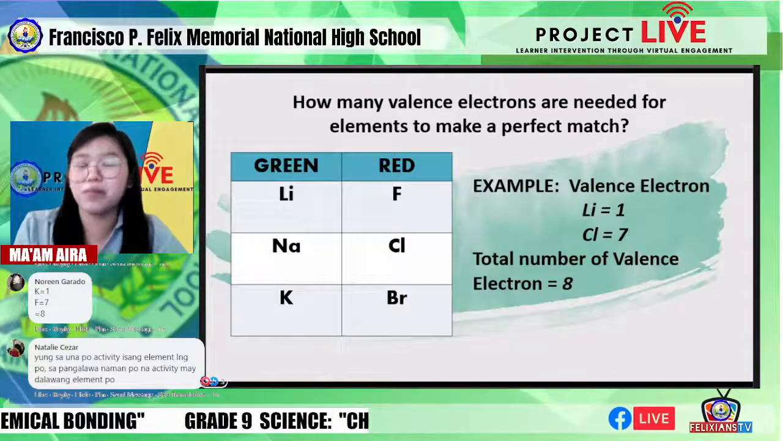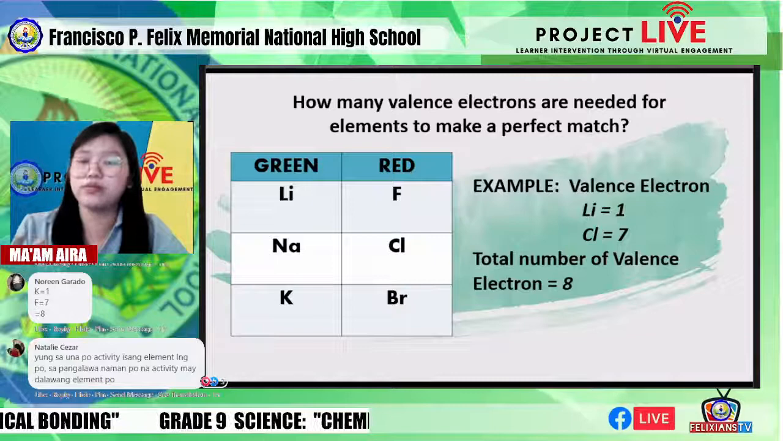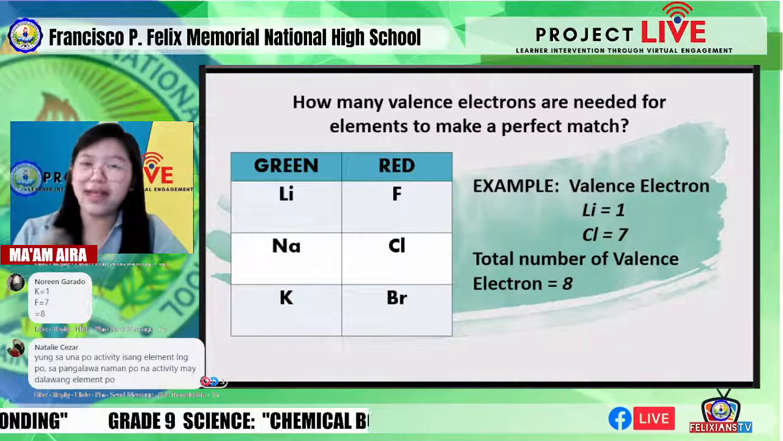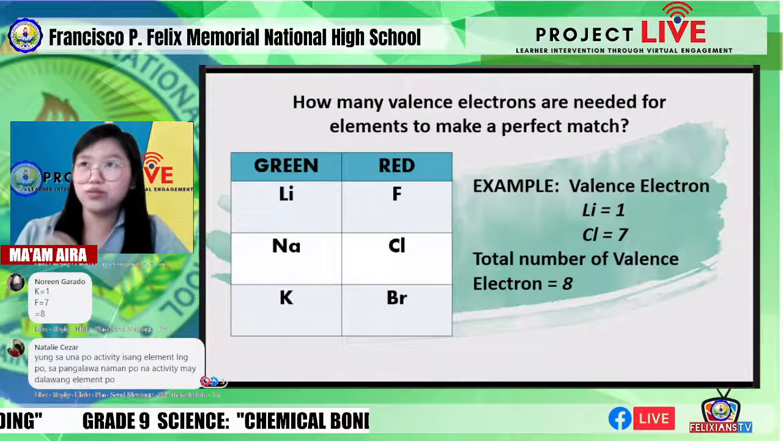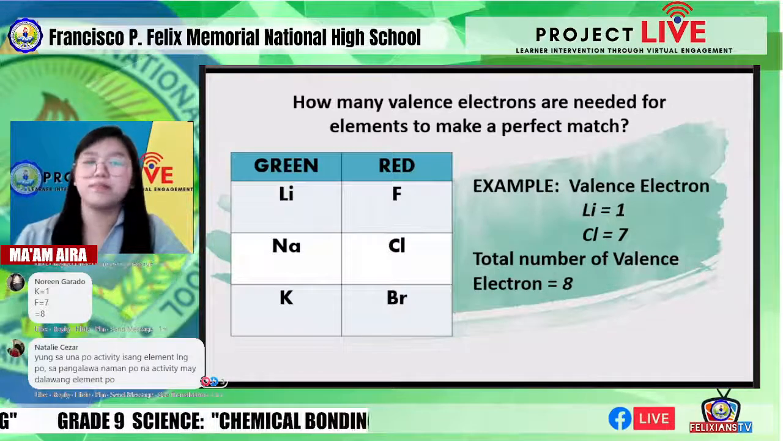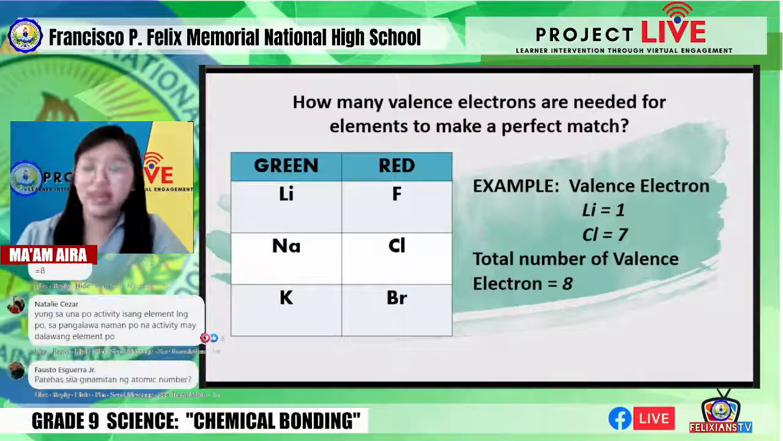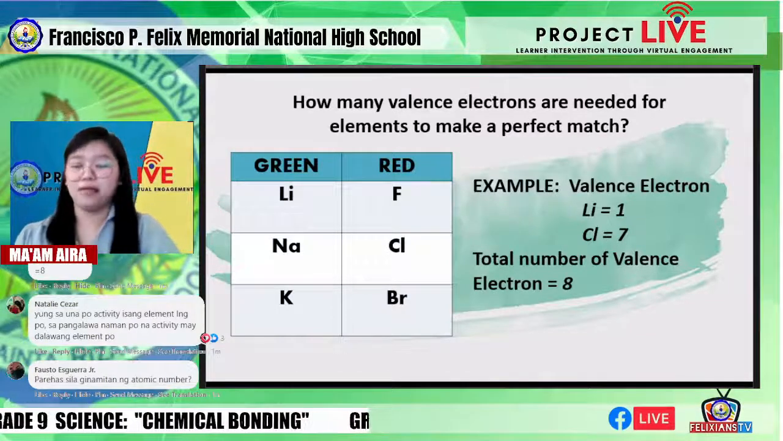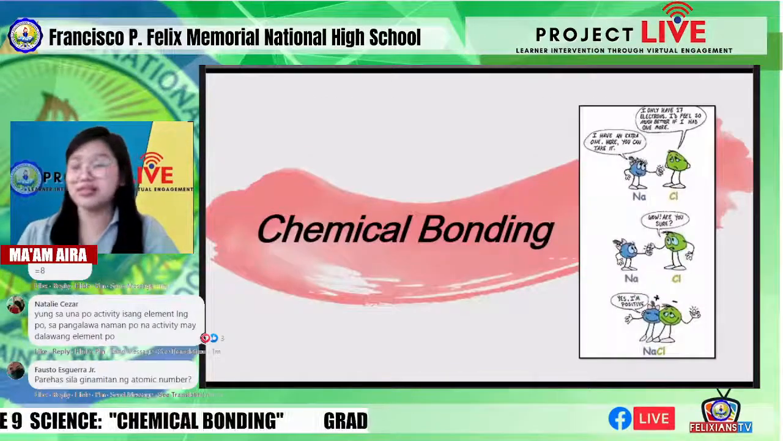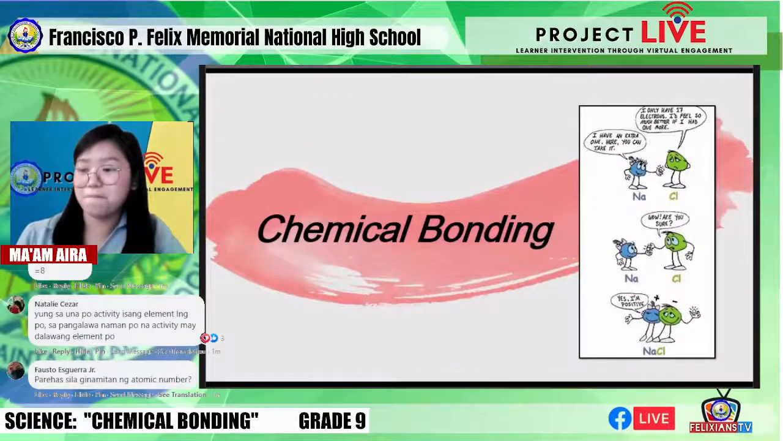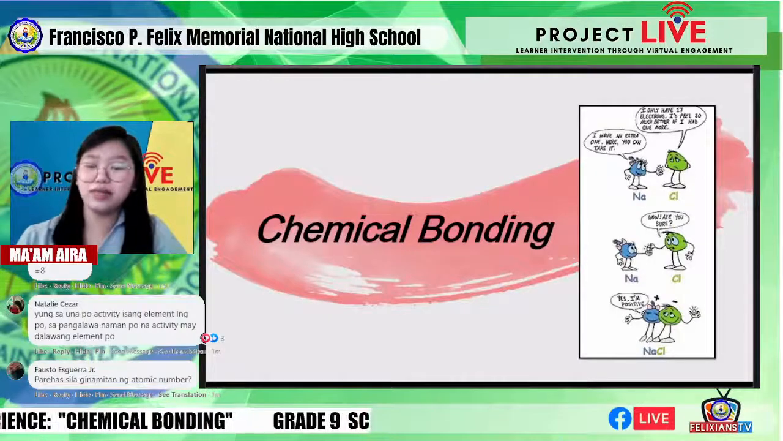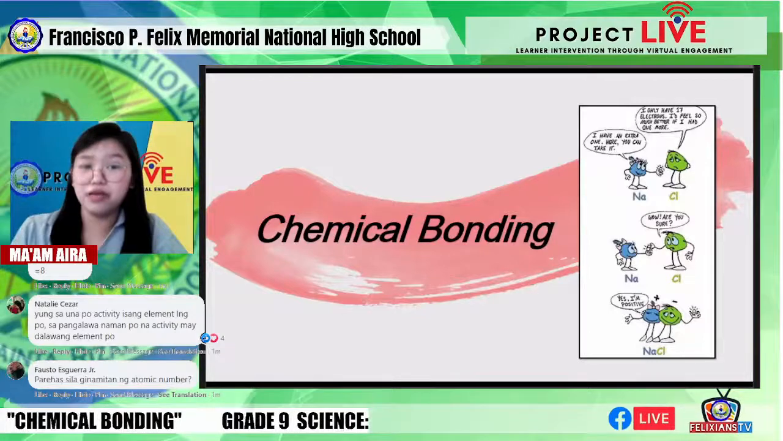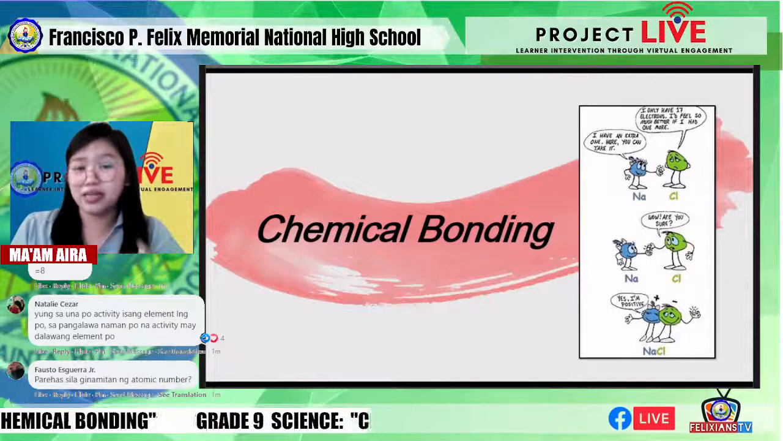Kailangan nila ng iba pang element for them to be stable. Okay, it is possible, but how do they do this? How do the elements bond with another element for them to become stable? Okay, that is through our topic this afternoon, chemical bonding. So, through chemical bonding, nagiging possible yung pagkakaroon ng stability for the other elements na hindi belong or hindi part